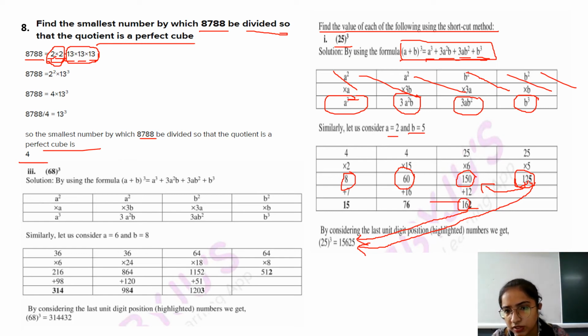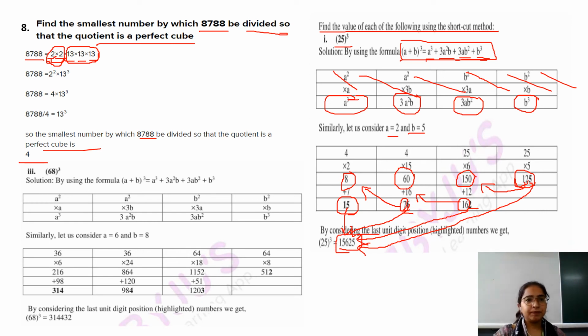This will go this side and become added in the previous column. 60 plus 16 will be 76. From 76, 6 will go with the answer, okay? And 7 you have to add in this previous column, okay? 8 plus 7, 8 plus 7 is 15. So 15 is alone only, no? So 15 will come down this side, okay? So 15625 will be the answer.